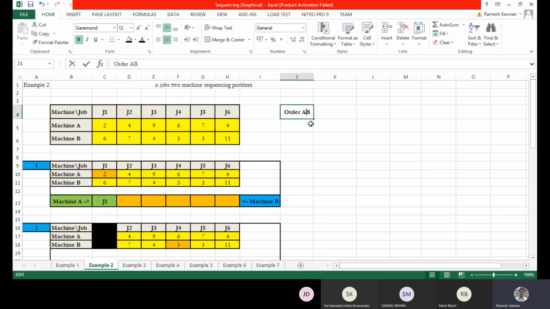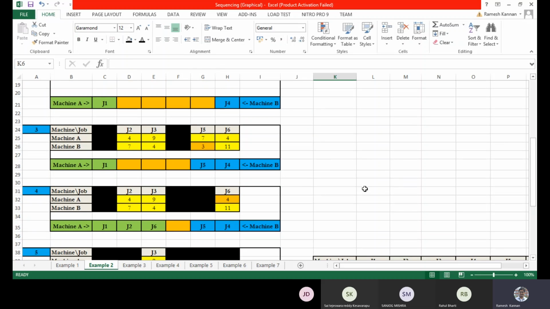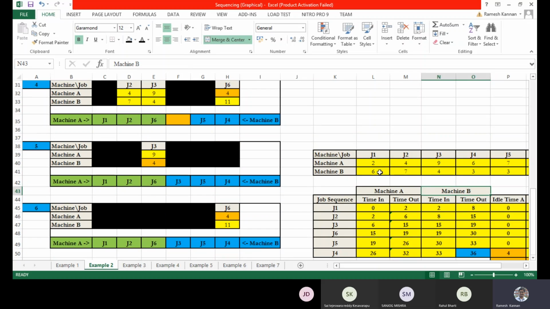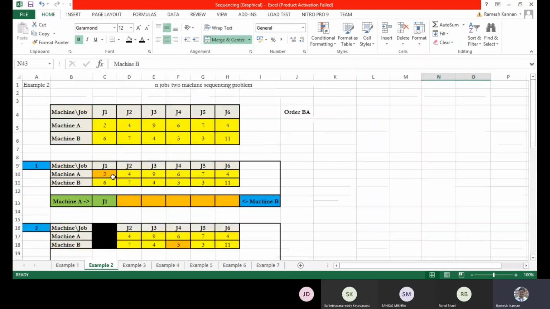Say, for example, if I'm taking the order BA, only thing this gets varied: instead of machine AB, we'll have machine B, then machine A. Only in the final tabular column it will be different.